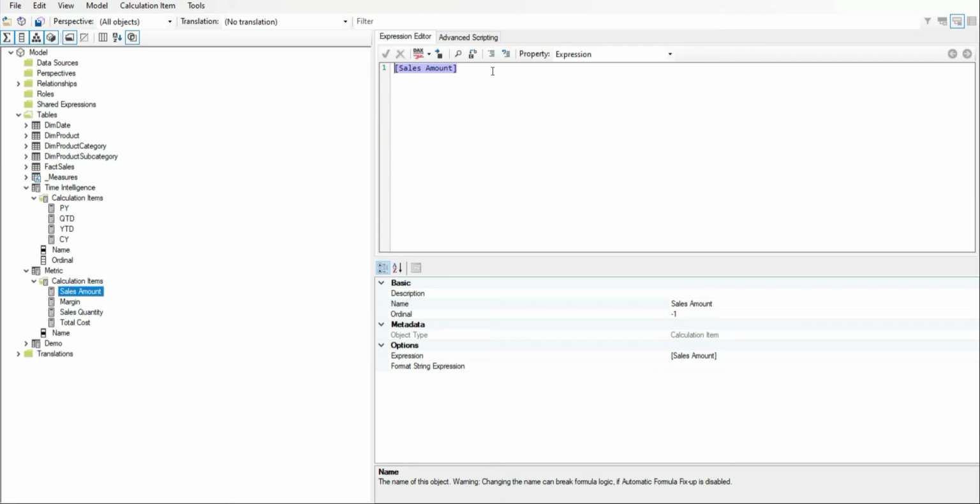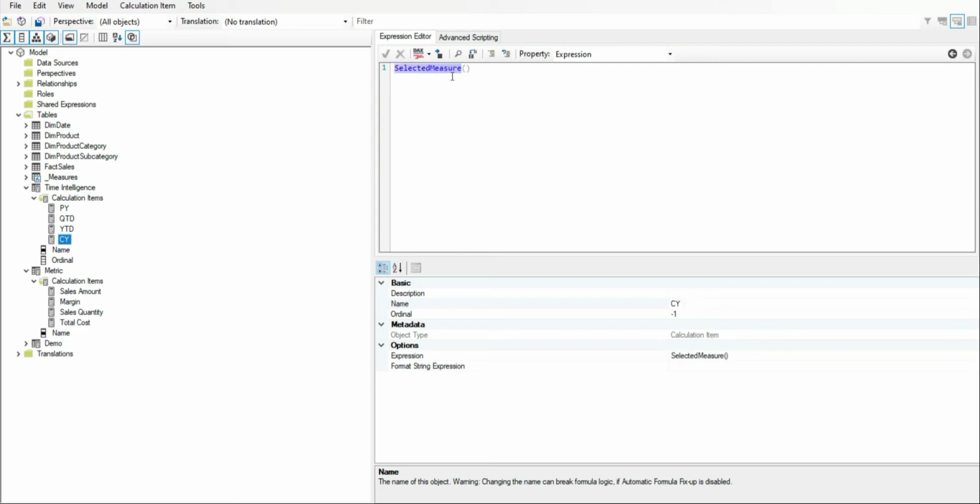Sales amount has the DAX expression as the name of the measure sales amount. Similarly, margin has the DAX expression equal to the margin measure. Sales quantity has the DAX expression equal to the sales quantity base measure, and total cost is equal to total cost only.